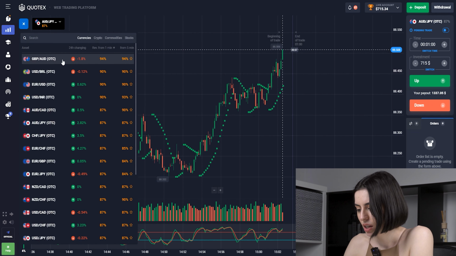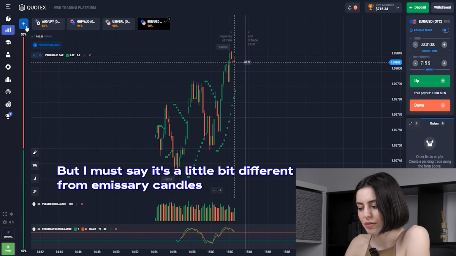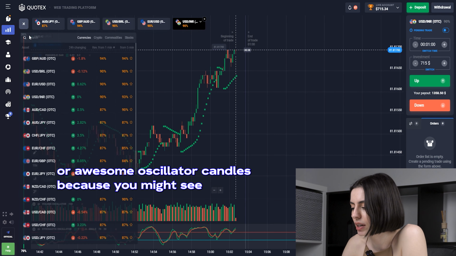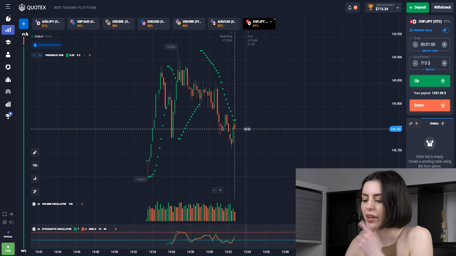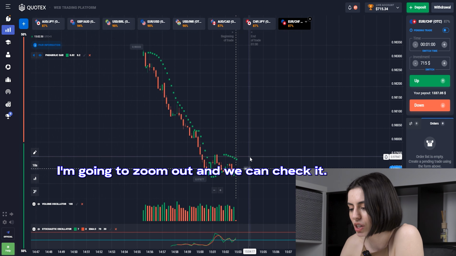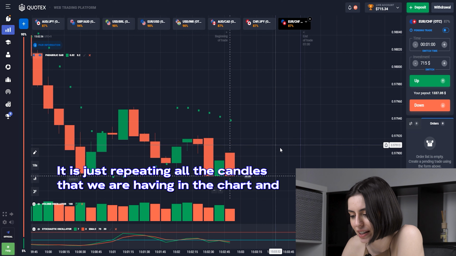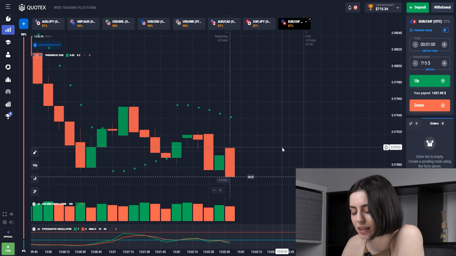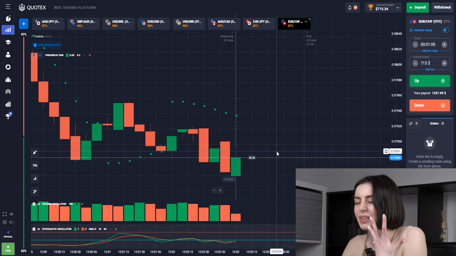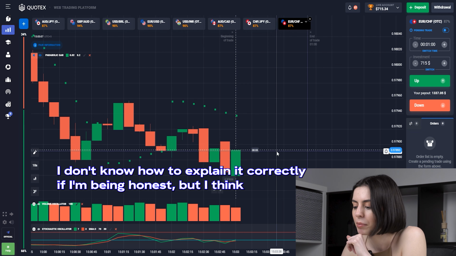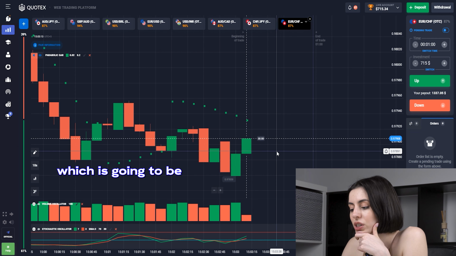But this is also a candles indicator, as you may see, but I must say it's a little bit different from MACD candles or awesome oscillator candles, because you may see it is, I'm just going to zoom out and we can check it. So, currency pairs with the biggest payouts, it is just repeating all the candles that we are having in the chart. I wouldn't say it's repeating perfectly, it's not about that, but it's just repeating the period. I don't know how to explain it correctly, if I'm being honest, but I think when we're trading, we're just going to be